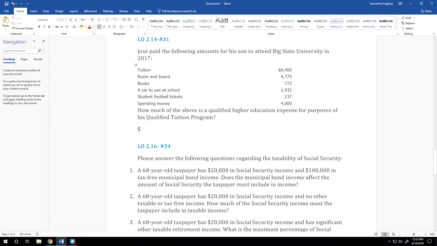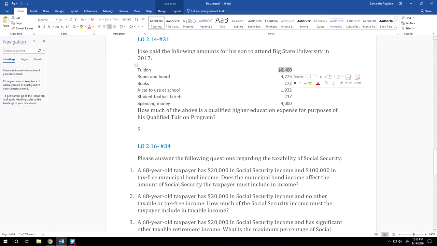Now let's look at number 31. Jose paid the following amounts for his son to attend Big State University in 2017. And then we want to know how much of the above is a qualified higher education expense for the purposes of his qualified tuition program. Okay, so tuition,